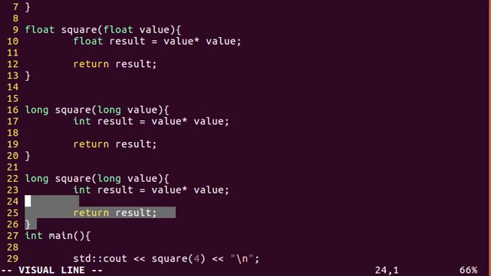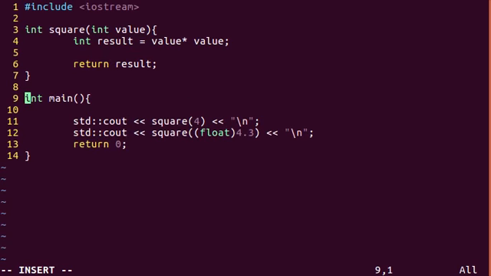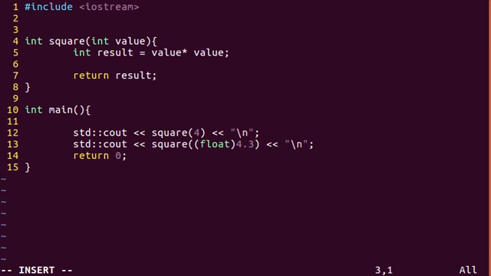And in fact, C++ gives us a tool. It's a really powerful tool. In some programming languages it's called generics, but in C++ the syntax is called a template. And a template allows us to parameterize the data types that we use. In this case, int, here in square. And the syntax for this is we type in template, and then open a left bracket, class, my type,